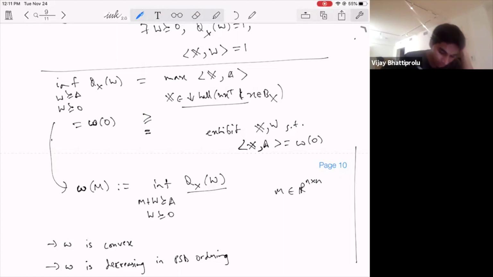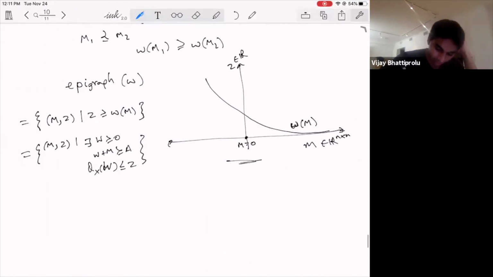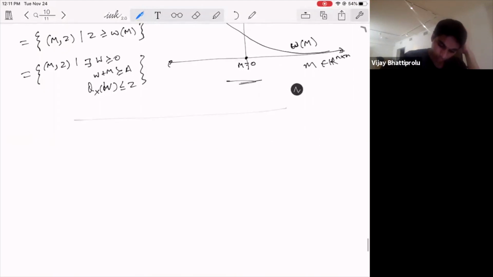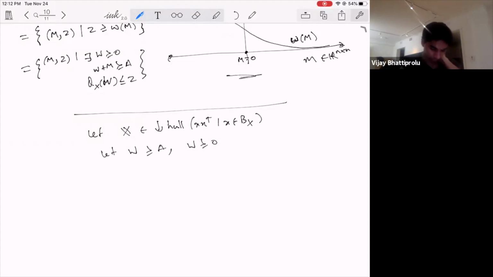Let me first show the inequality, and then I'll show you how to exhibit this X. And the way I'll exhibit this X is by doing some hyperplane separation argument on this curve here. But I forgot to show you the trivial inequality, and let me show that first. So let X belong to the downward closure of the hull of XX transpose such that X is in BX. And let W be such that W dominates A, W is PSD, right? Then